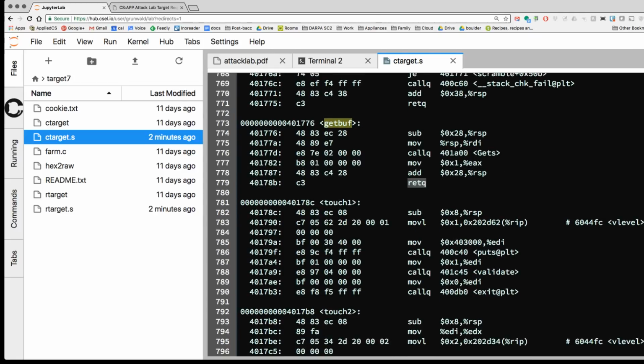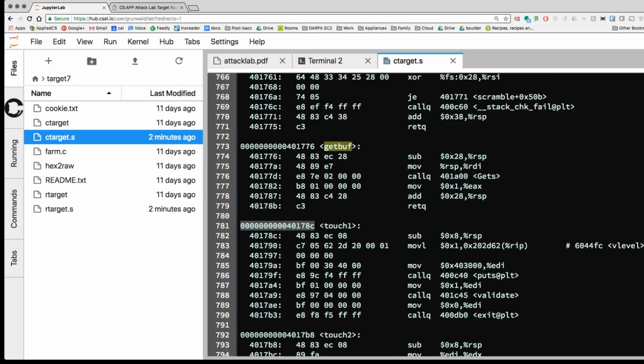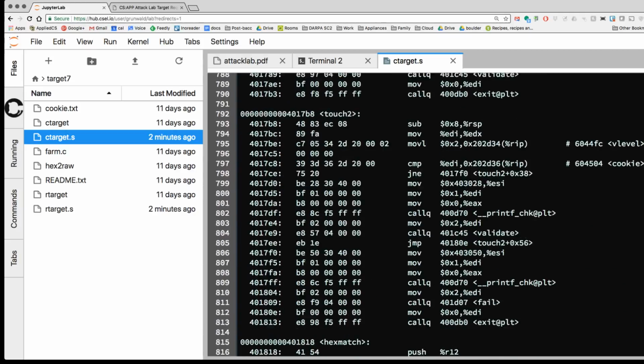Touch1, the main thing that you're going to need to know here is the address of touch1. So this is the address, the full 64-bit program counter address of touch1. Likewise, you'll need to know that for touch2 and the other ones as well. The routine test